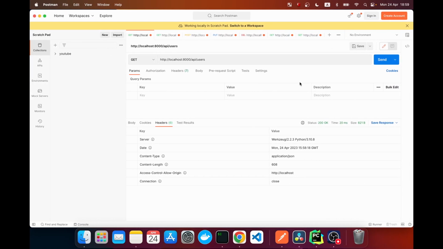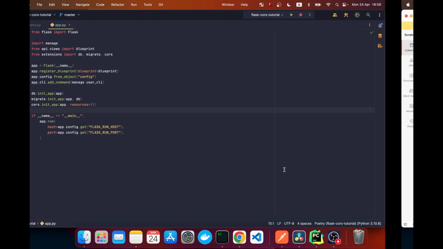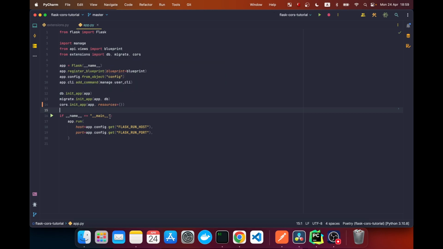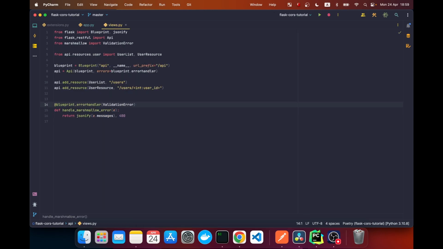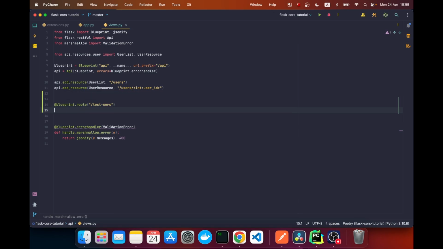And then if we head back to Postman and we make this request, the header is gone. So what do we do from here? So we can go to our views and we can add another route. So I'm going to go here and say blueprint, then route, and then I'm just going to add a test route. So I'm going to say test-cors, and then here we need a function, and I'm going to say test_cors. This doesn't need to be the same, and here I'm just going to return